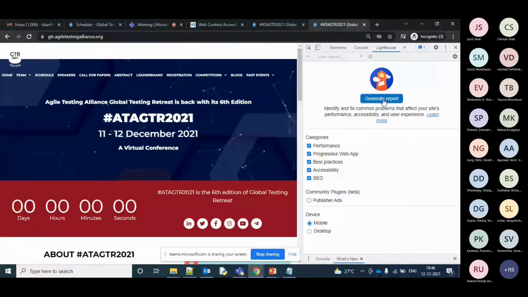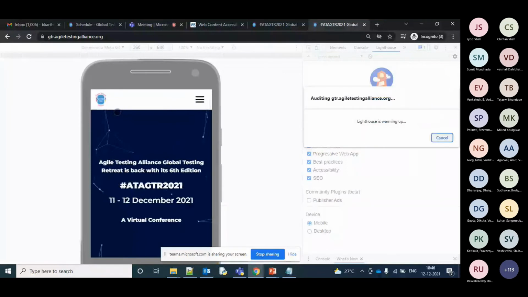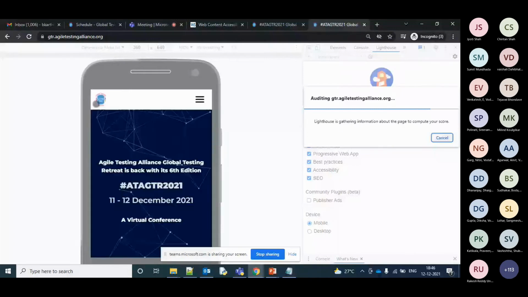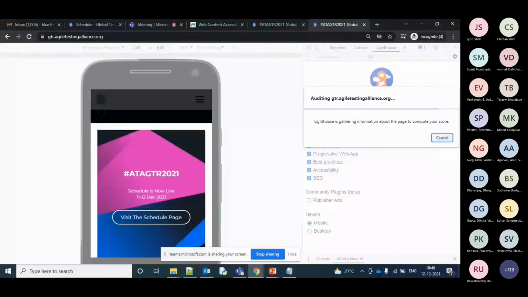I'll try to generate the report, and at a particular point of time, let me take a screenshot. You'll be able to see the image on the 2G version. The image won't be displayed, but the alt text will be displayed. With ARIA text, there are much lesser chances.